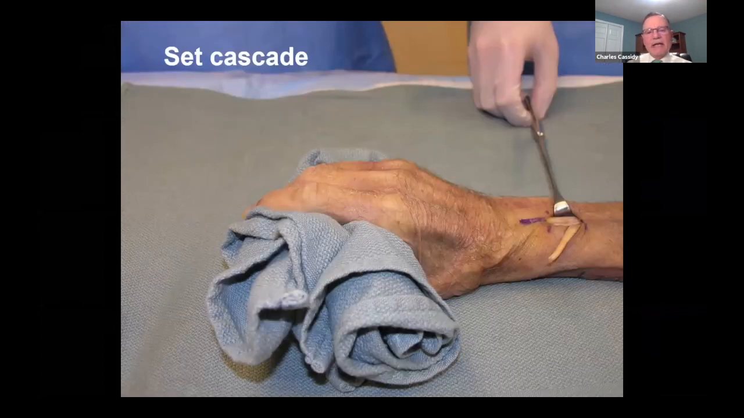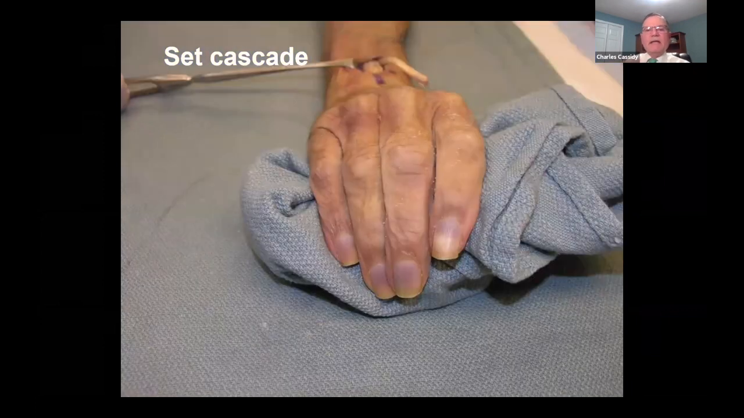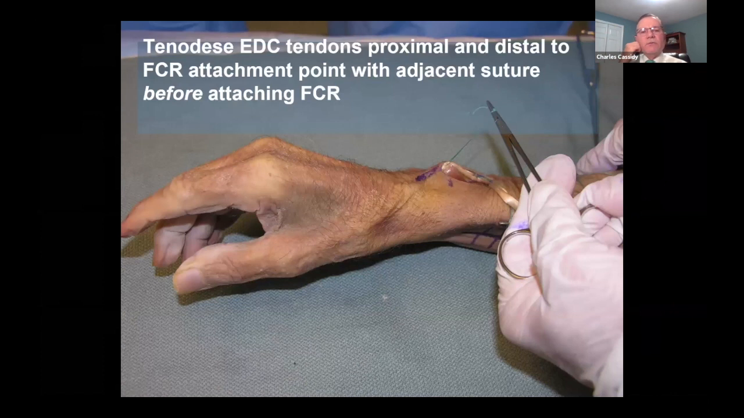Next step is to set the cascade. So the cascade, meaning that in the resting position of a hand, the index finger is relatively more extended than the small finger, as you see. And then what we'll do is we'll tenodese the digital extensors. So we don't transect them, but suture them to one another, proximal and distal to the anticipated FCR attachment point. The distal one is critical. As you see, when I'm pulling up on that stitch, it's bringing the MP joints into relative extension where I'd like to see it. Okay, so it's not full extension there, but it's relative extension, the index relative to the